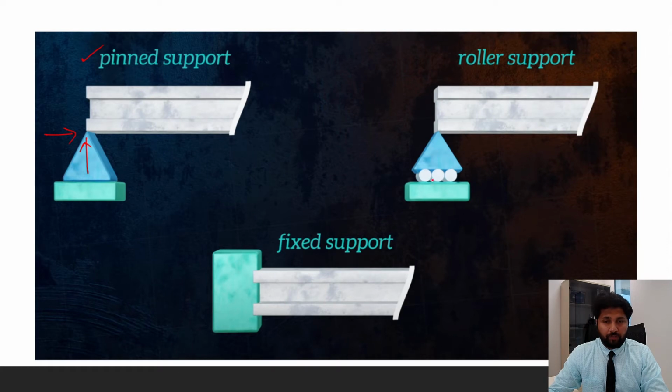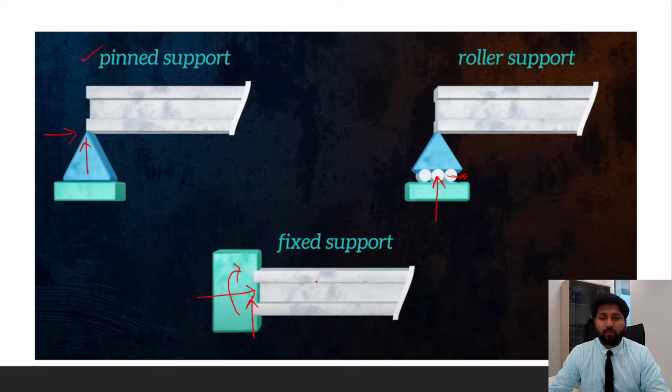So for example, in a roller support, this beam can rotate and can move in the x direction, so there will be no reaction in the x direction because we are not constraining or restricting it. But in the y direction we are constraining it. The beam is not allowed to move in the y direction, and hence it will have a reaction. It will also have a moment, but let's not discuss that right now. It's a discussion for a later part. Now, a fixed support, as we know, has 3 reactions.